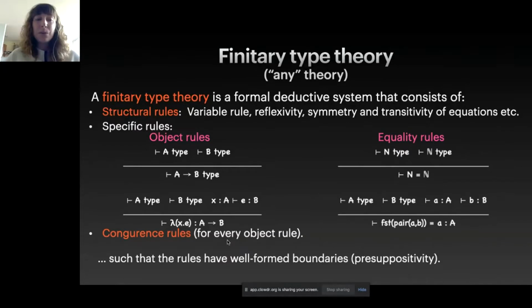So we want to do this. I said they can be sort of ill-behaved, but one thing we do want from this is that the rules have well-formed boundaries, okay? So saying that, the presuppositivity holds. If we have something, then the presuppositions are well-formed. And this is what constitutes a finitary type theory. And of course, we have finitely many specific rules to give for a finitary type theory. Okay, so now we know what any theory means,